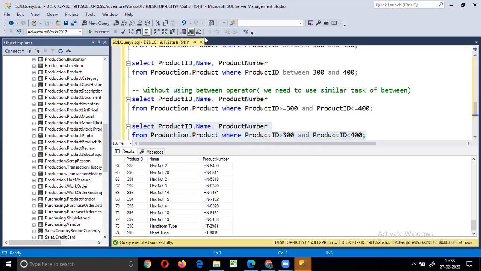And now we would like to discuss the operators we have in SQL. So just we'll see SQL operators.